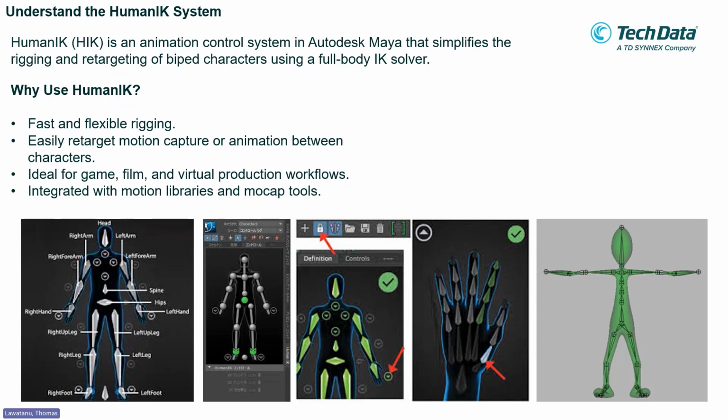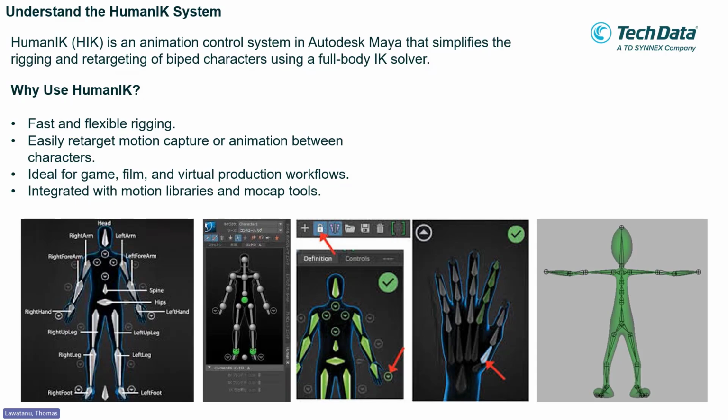If you own a game character or anything regarding a character, I think Human IK is the answer. But the question is, what if you own a custom character, say one with more than one leg or more than one hand? You can go through that, and from the Human IK itself you can customize it. You can add bones to your character.